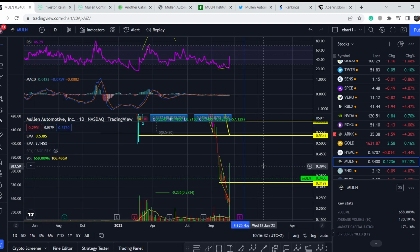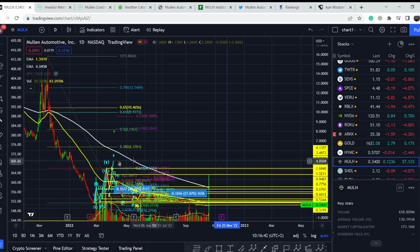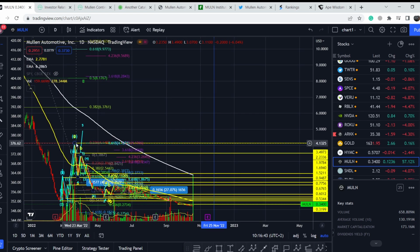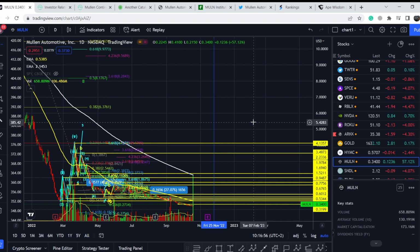But on the bigger picture, if we take a look from the daily time frame, as you can see right here, let me show you that it doesn't change anything. Because even from this previous swing high, this asset lost about 94% to its lowest point, and for now it gained not more than a couple of percent over these losses. And definitely it doesn't deserve any attention from the investor standpoint, but let me show you why we had this